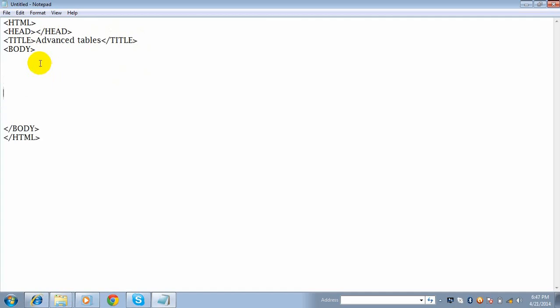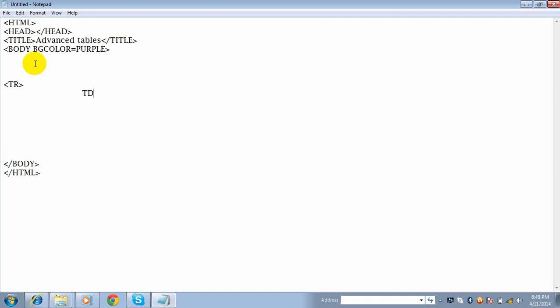Now inside this body you can also specify a background color. For example, body bgcolor equal to purple. Okay, now let's create a table row.